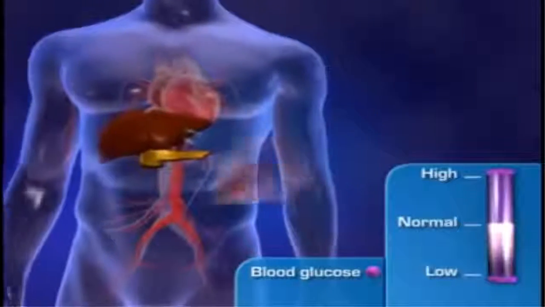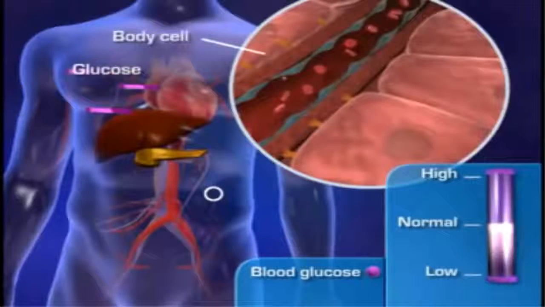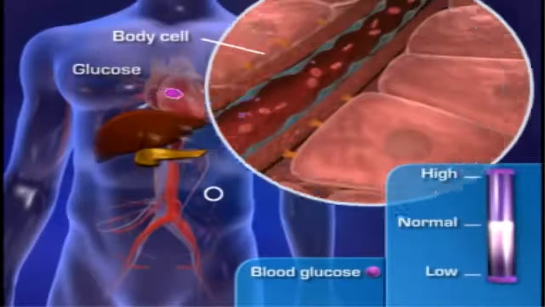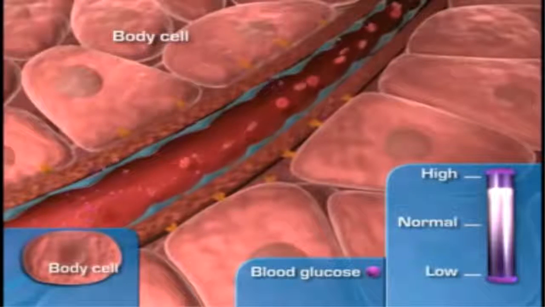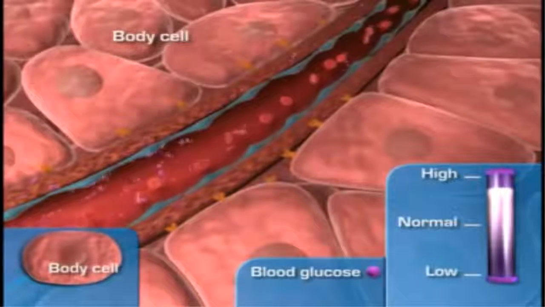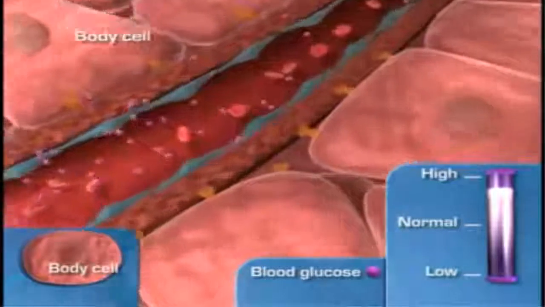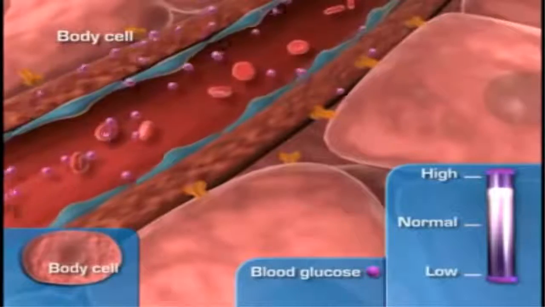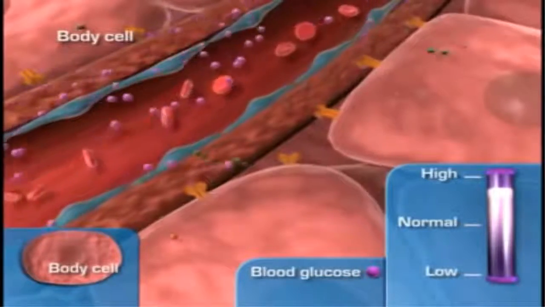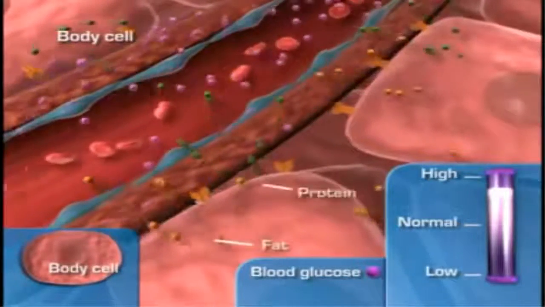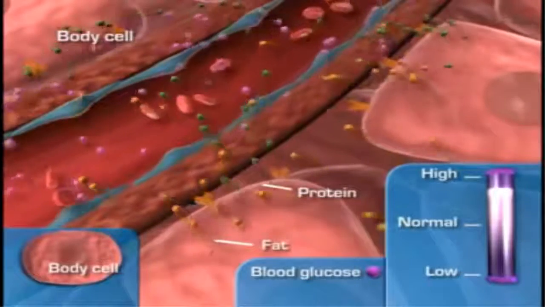With uncontrolled diabetes, glucose cannot move from the bloodstream into muscles or fat cells, leading inevitably to hyperglycemia, which is a blood glucose level higher than the normal fasting blood glucose level. Diabetes also leads to starvation of those cells and a subsequent increase in the breakdown of fat and protein as the cells seek alternative sources of fuel.